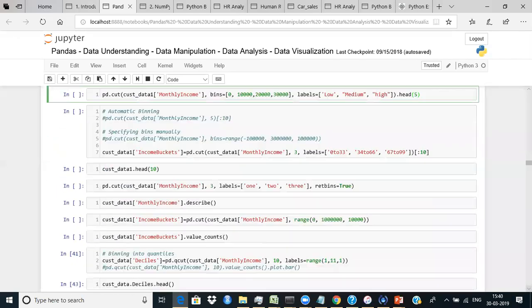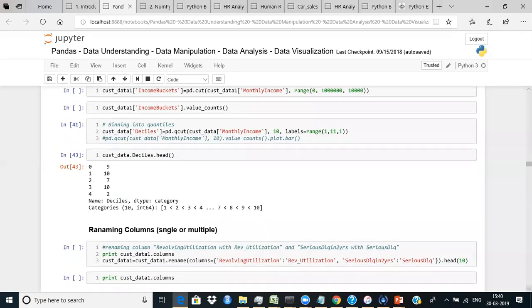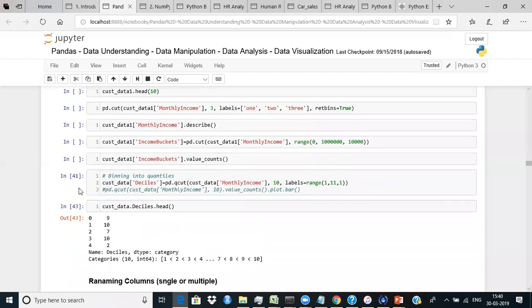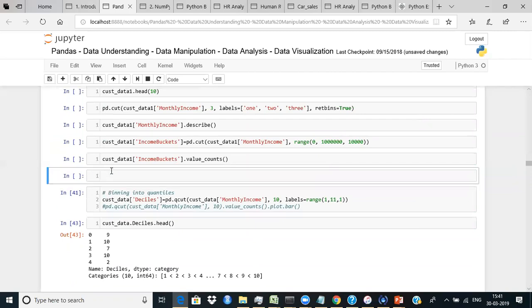Okay, now the next concept that we are going to use is known as pd.qcut. pd.qcut is used to basically do equidense binning. The format of pd.qcut is very similar to pd.cut. Say for example, I want to build deciles for this monthly income. What I will do is I can write